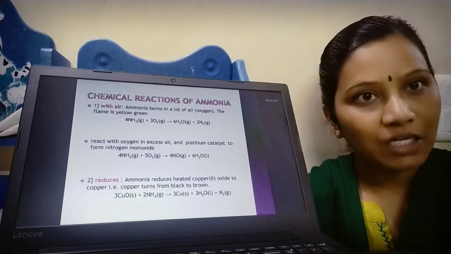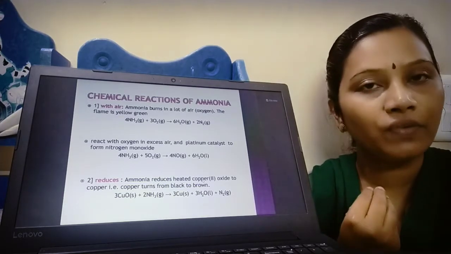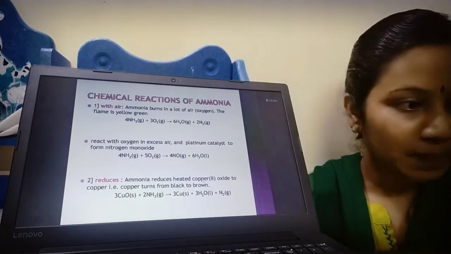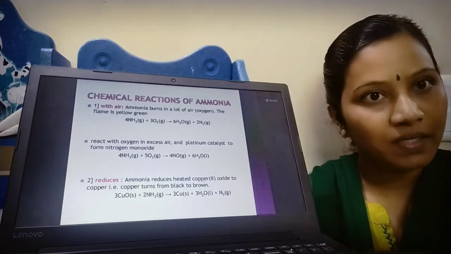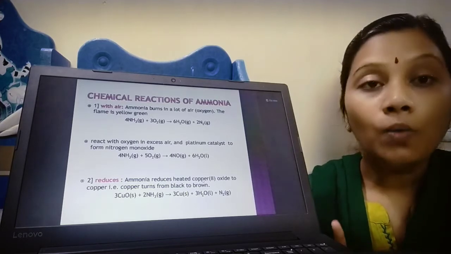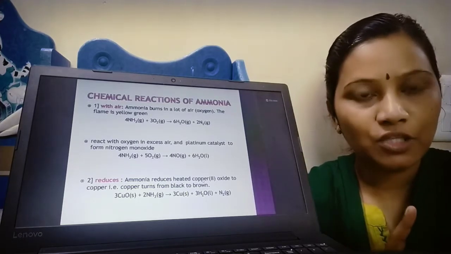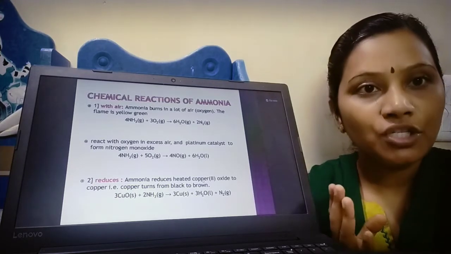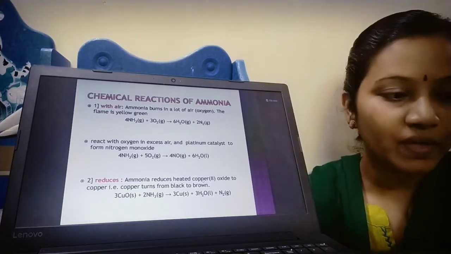Then we saw the reaction of nitrogen with sulfuric acid, with nitric acid, and with some other metals. Then we saw allotropes of nitrogen and phosphorus, then isotopes of nitrogen, etc. Then how to produce nitrogen? Nitrogen can be produced using ammonium chloride, that's the first method. It can be produced from hydrazine, that's the second method. And commercial production of nitrogen is by means of Haber's process, that also we have seen.